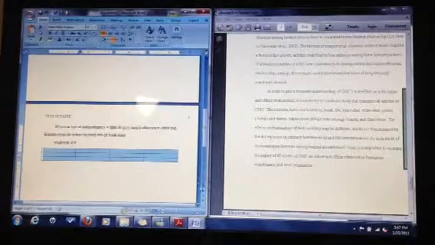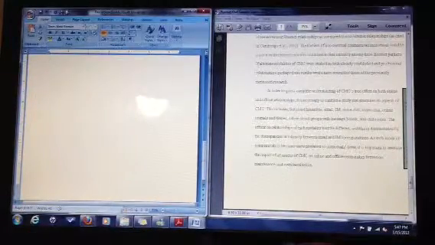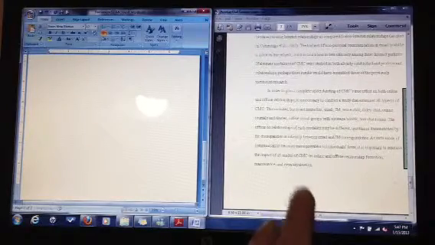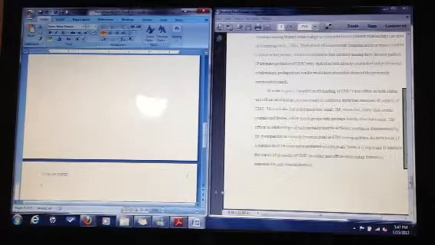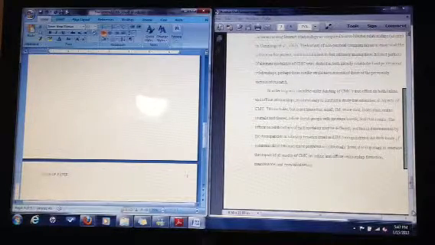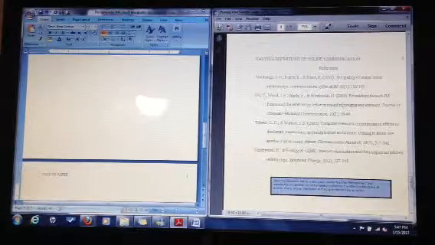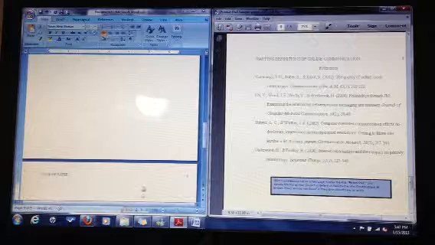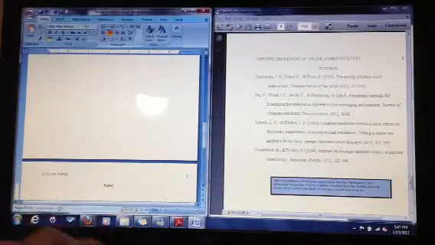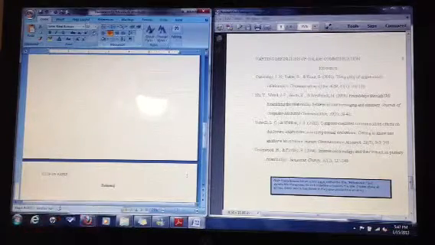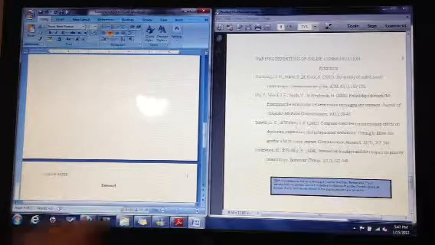Okay? The last thing I want to show you about how to format here is your reference list. Okay? Your reference list is on its very own page. Okay? Here's the reference list that we have here. The word reference is centered. Reference. It is not in all caps. Only the first letter is. And now here,